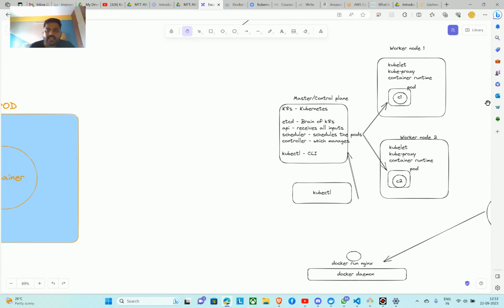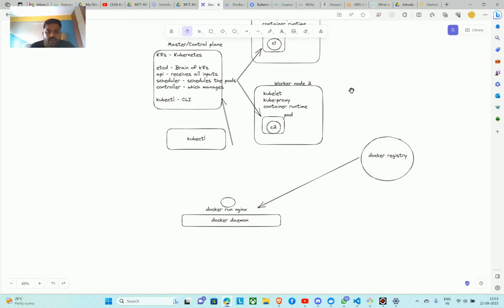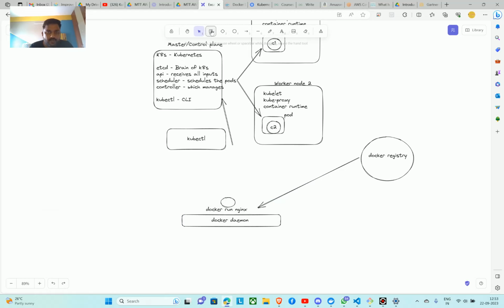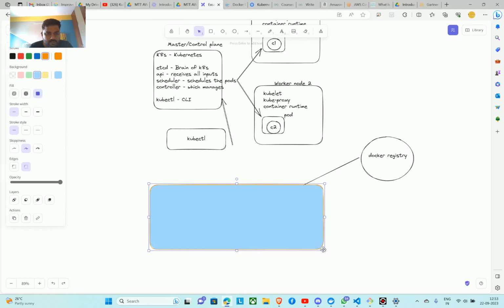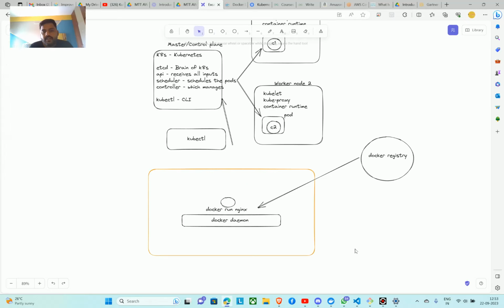So what does Kubernetes architecture consist of? First let me compare it with Docker. So with Docker, you will have an EC2 instance, right? So let me draw here. Okay. So this will be your server. It can be your EC2 or any VM. What you will do is first install the Docker daemon, and with the help of the Docker daemon, you will run the container.